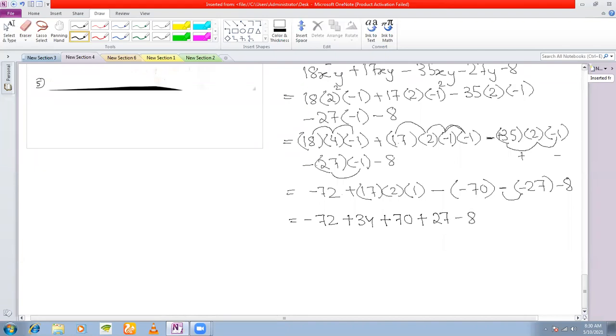Again, these two minus will combine to give you a plus sign, 27 minus 8. Okay. So first of all, we add up the positive numbers. That is plus 34, plus 70, and plus 27. If we add these, how much do you get? 131 you get. So 131. Okay, 131. Now you add up this minus and this minus because of the BODMAS rule, right? We first do the addition and then the subtraction. Minus 72 and minus 8 will combine to give you minus 80. So 131 minus 80 is 51, right? So that is your answer.